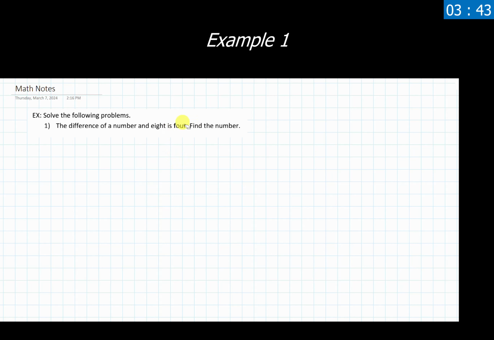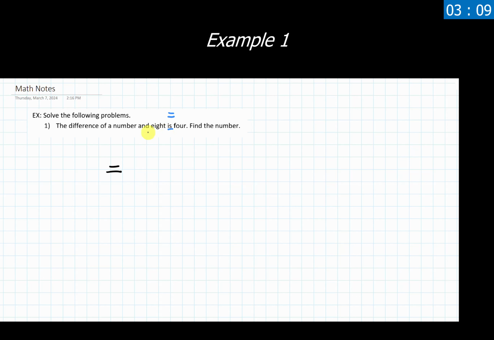Some people like to instead go and box buzzwords like this. You do whatever works best for you. I'm going to go ahead and just underline it. Now the buzzword "is" corresponds with an equal sign. So that means that something equals something else. Down below in this space here, I can start building little bits and pieces of my overall equation as I'm going through and reading through this thing. So I have something equals something else. Doesn't seem like much, but hey, at least it's something.